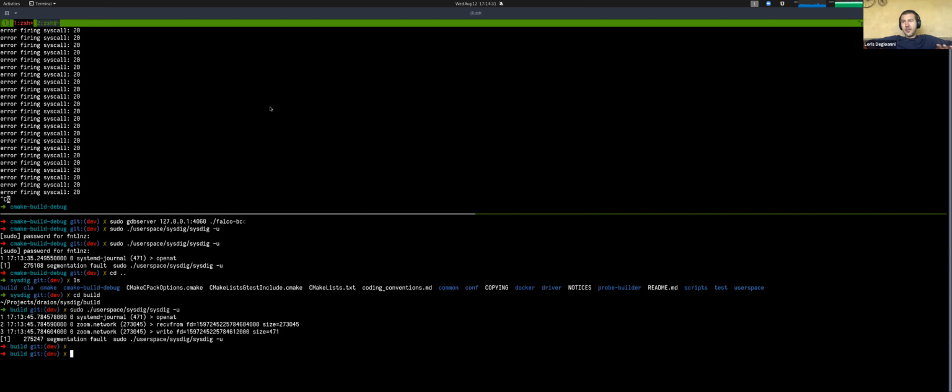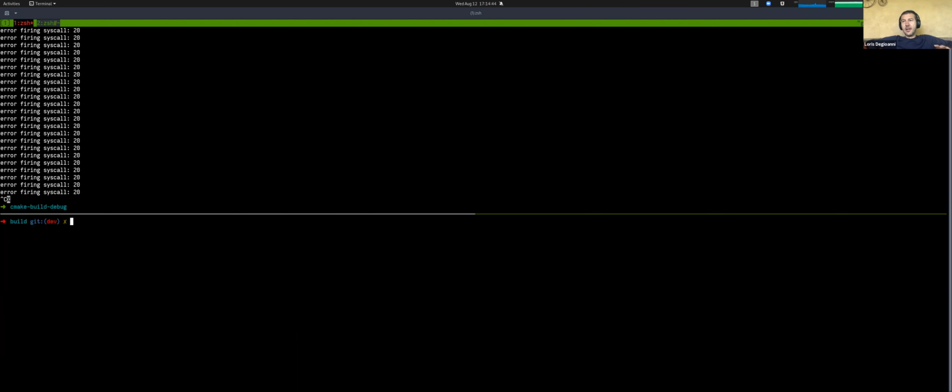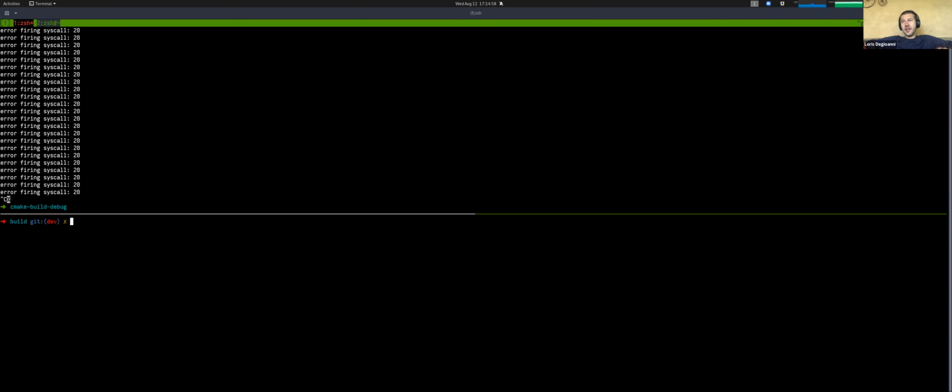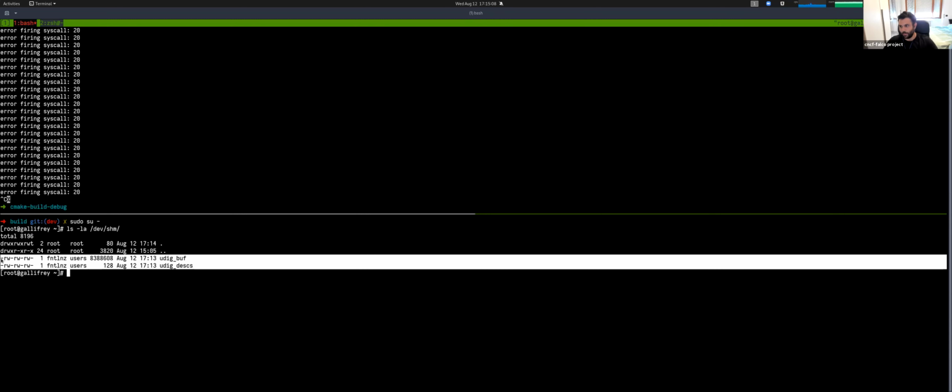First of all, the first piece of context is there's this new flag in both SysDict and Falco called -u, which essentially makes SysDict and Falco receive events not from the kernel module that we install in the operating system, but from a shared memory buffer where processes or applications can write events, and Falco will be able to consume them. Exactly. And that's the user level protocol. That's been introduced recently. This is the shared memory buffer Loris is talking about.